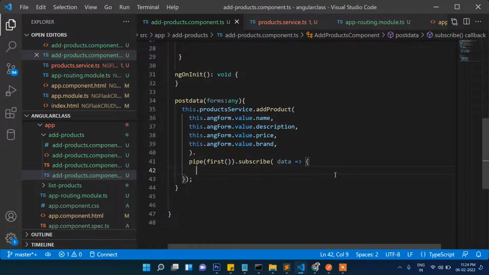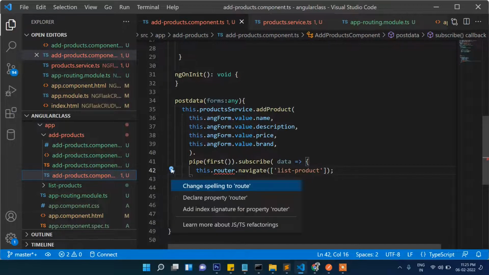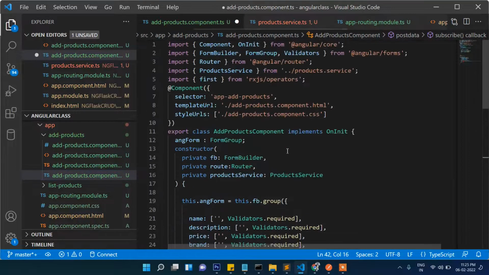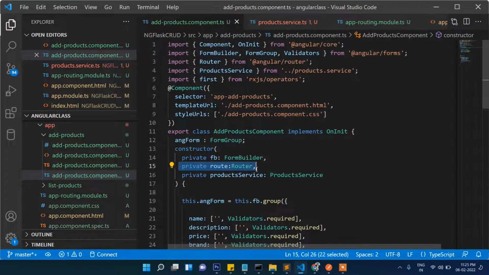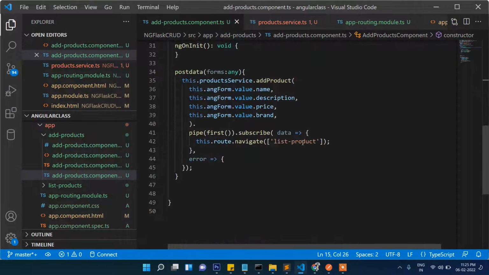So after adding this we will go to list product, so we need to call this router also on the top, as well as the router we will call here in the constructor, and router is also called here. So that's it for adding the product. Now let's see if the product is really added or not. Now let's open the browser,